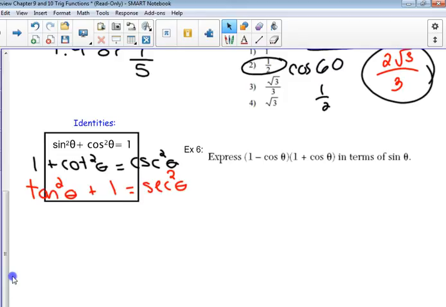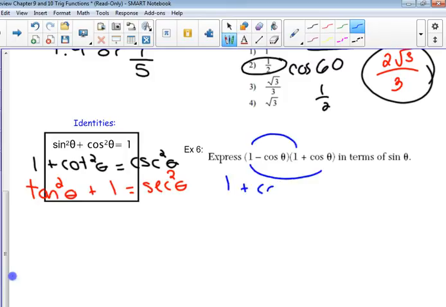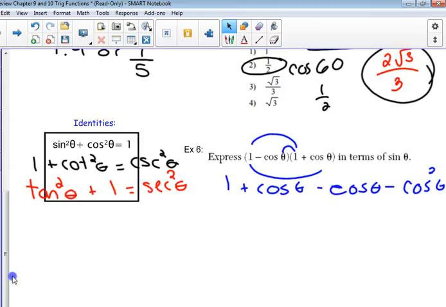Okay, so if you have something like this, let's see if you can simplify. Still have two terms. Watch your signs. Negative cos times positive cos. So negative cosine. Perfect. Good. What's going to happen in the middle? Anything? Great. So we have 1 minus